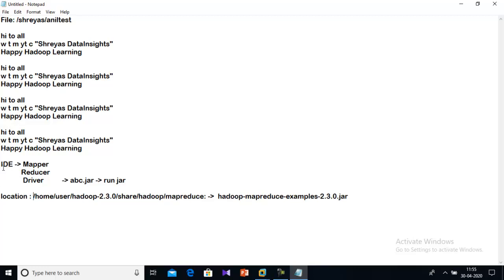Actually we need to develop the business logic based on the problem statement with the help of the mapper, reducer, and driver, and we need to create a jar and run it on top of the data. But instead of that, I'll be showing the data processing with the available jar file itself.